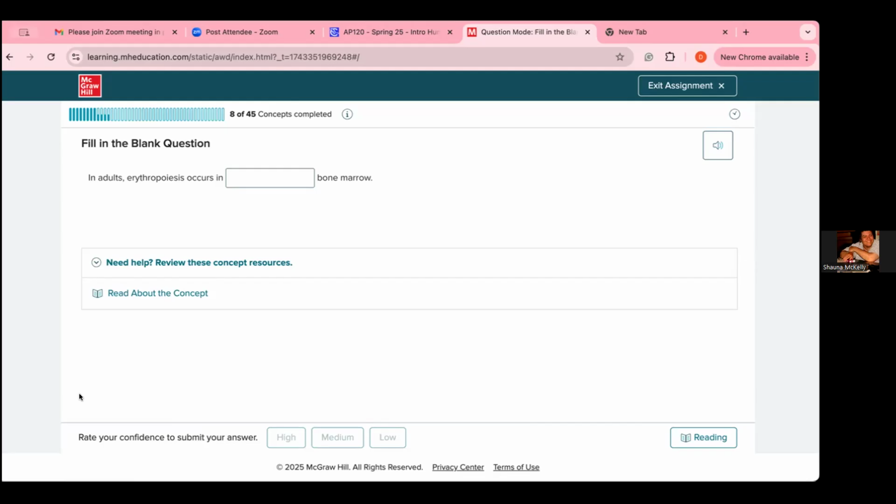Okay, it's telling me that it takes place in the bone marrow, but it's not telling me what. Okay, hold on. In adults,